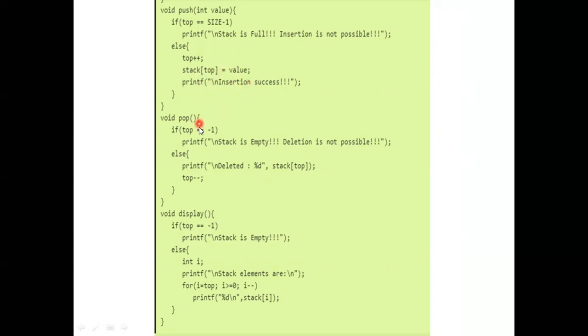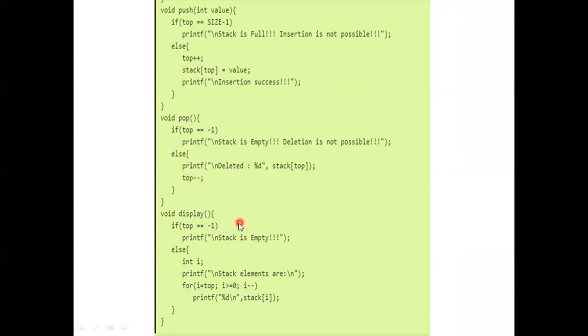Then the void pop operation: check whether the stack is empty or not by using top equal to -1. If true, print stack is empty. Otherwise, delete the topmost element of the stack and decrement the top value by 1. When you insert elements, increment the top value. When you delete elements, decrement the top value.